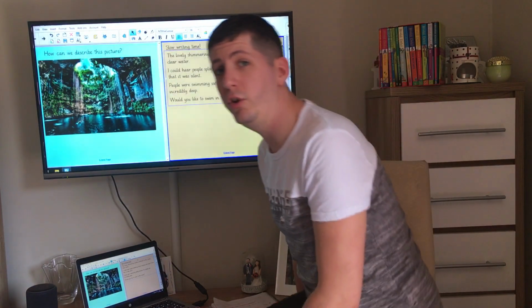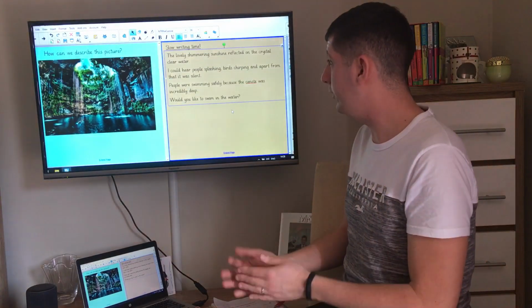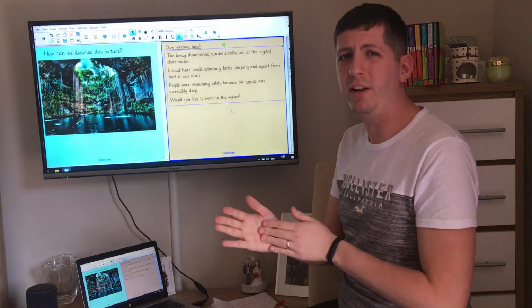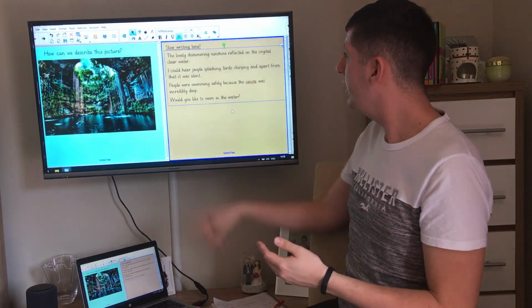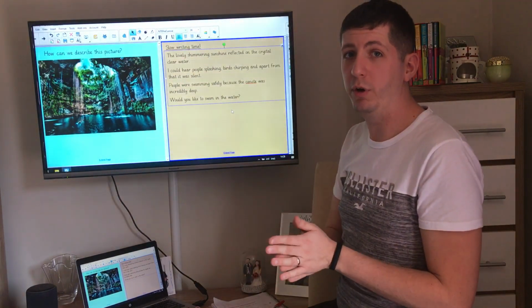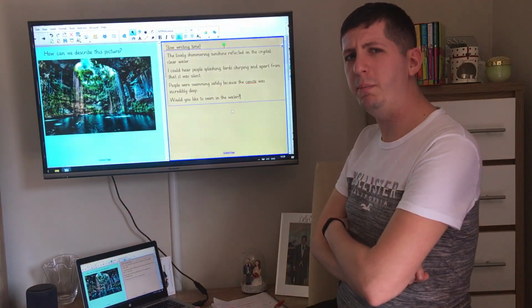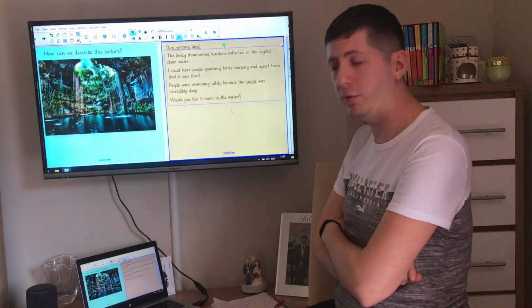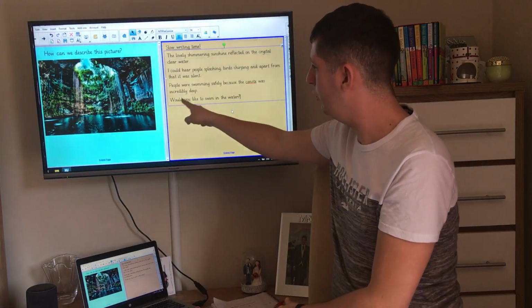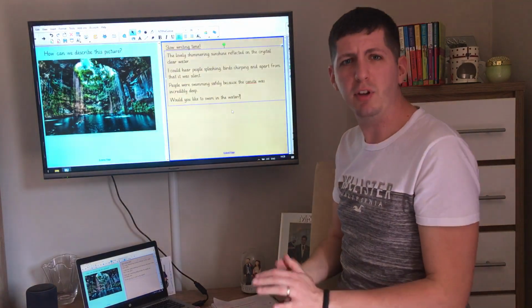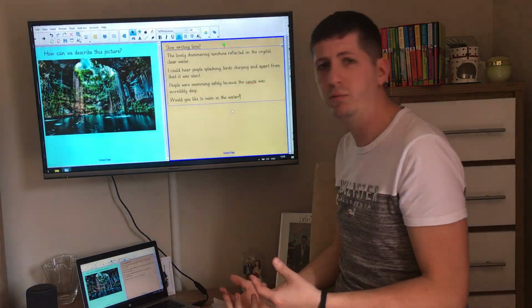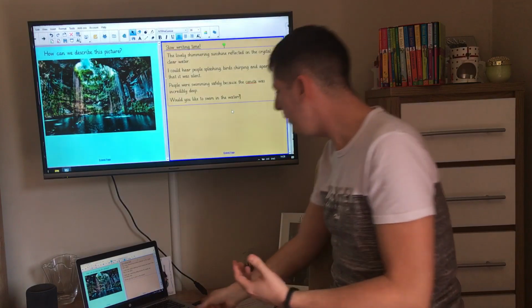The last thing we need to do now that we've written our 4 sentences, is we need to see if we need to edit some of it to make it better. Now I've already edited my spelling on that word, which I spelt wrong, but I think my 4th sentence is a little bit basic, so I'd like to make it a bit more exciting. Instead of just saying, would you like to swim in the water, perhaps I could describe that water using some really lovely adjectives. So maybe I'll add